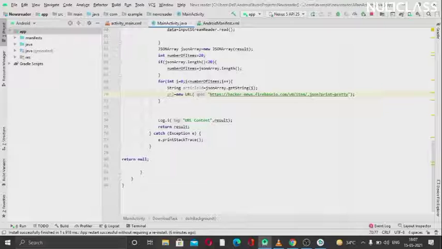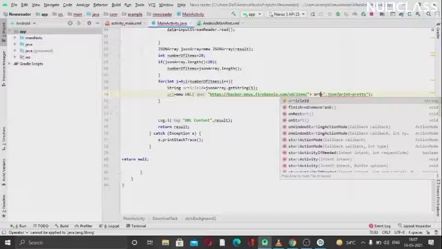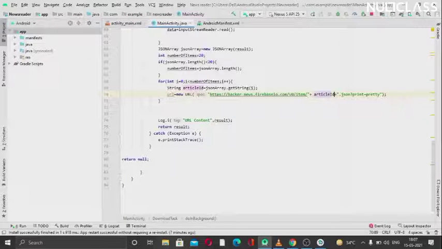In this place we first split up the string, and inside I will pass plus, so that we can concatenate the article ID to it. Now it is concatenated, so according to the article ID we will get the URL, and we will get different news. Okay, so we are done with this, I guess.